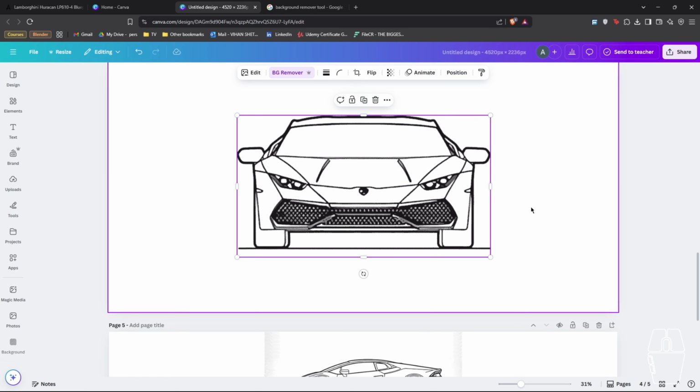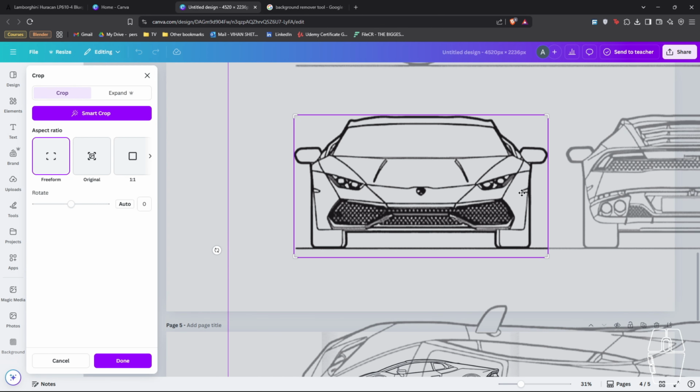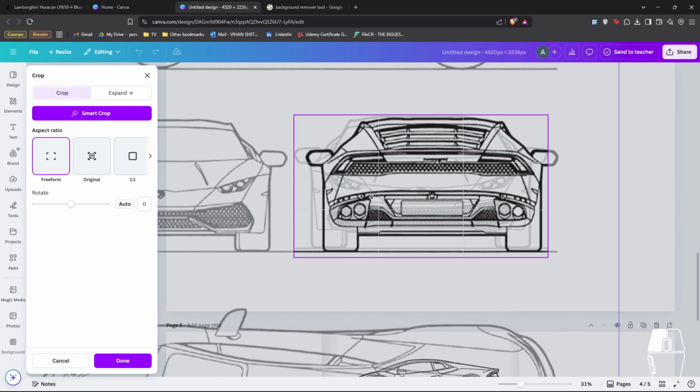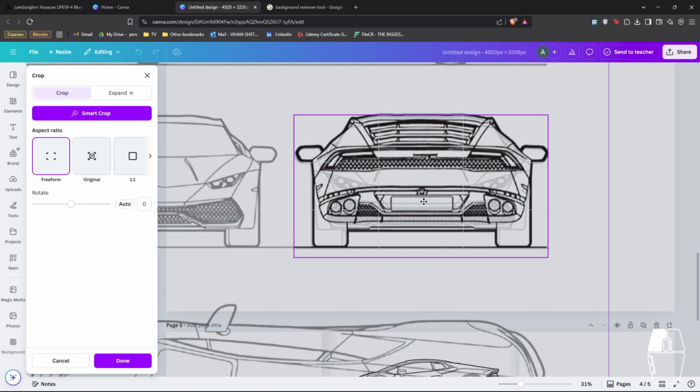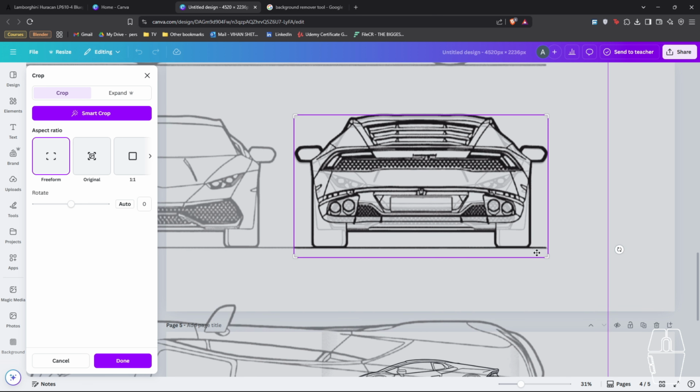and now just Ctrl C and V, slide that out of the way, click on the one on the back, adjust the opacity to 18 and just slide that back in place. Right, and just go back to your crop,